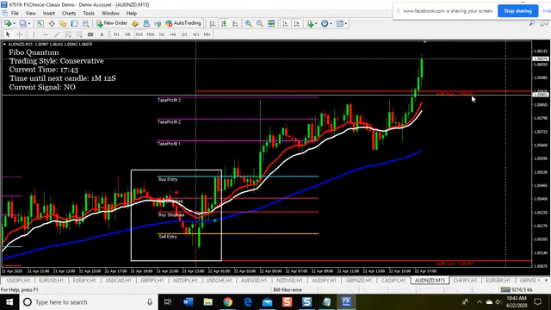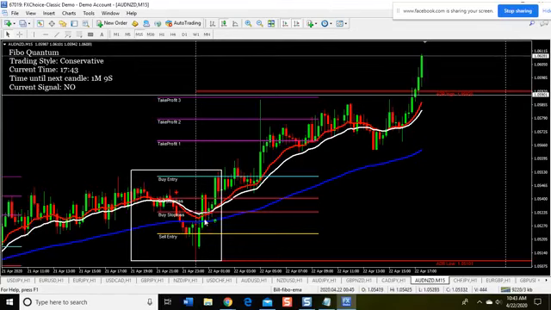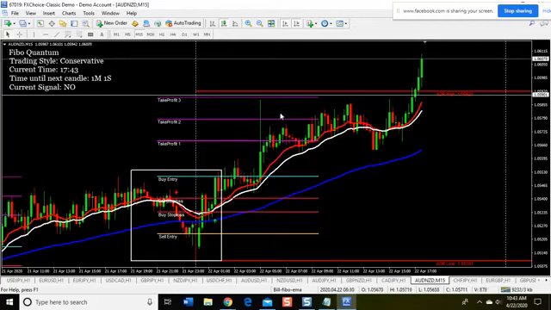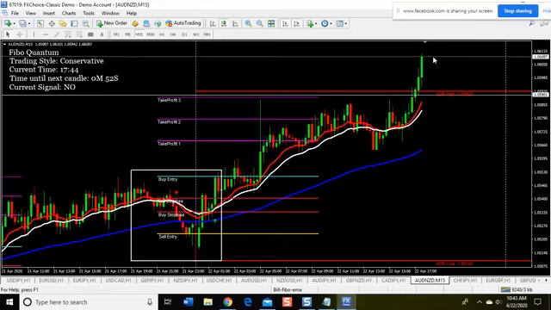So again, the ADR has been met. We need to see 3 intraday levels, right? 3 pushes up. So if you see here, moves up, there's 1, pulls back. Here's another move up, there's 2. Here's another move up, there's 3. So we're actually on our 4th move up here at this point. And it is best to wait for the 4th move most of the time.